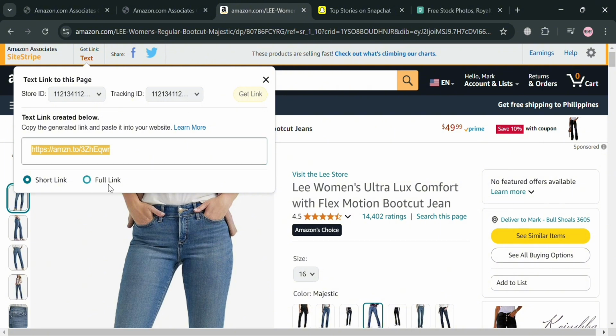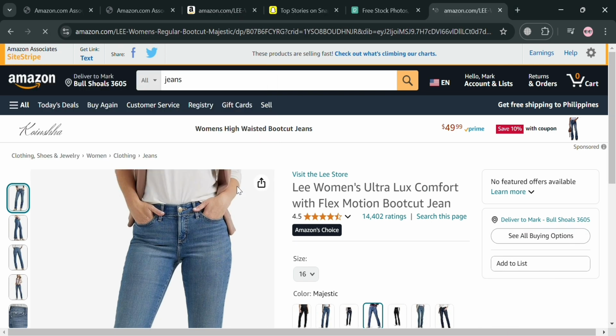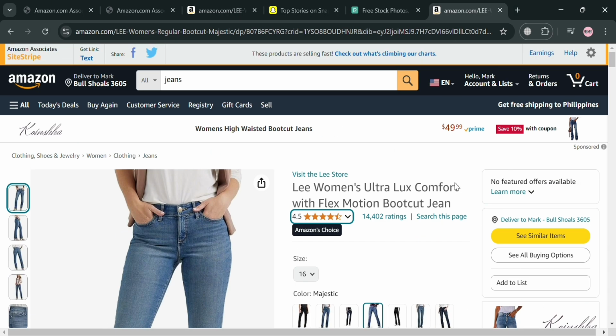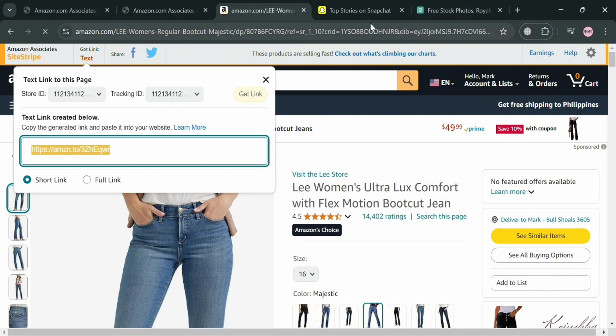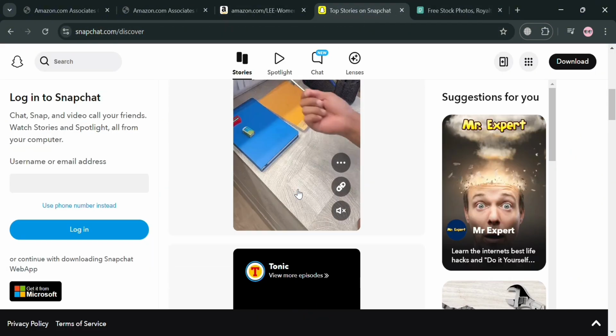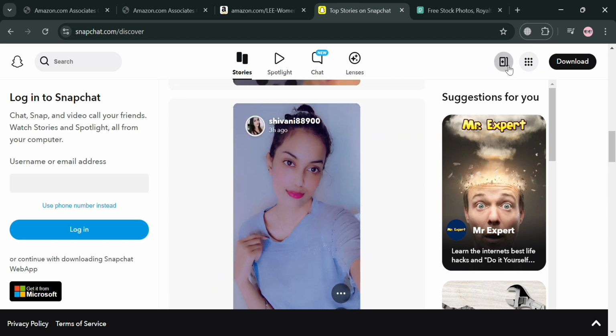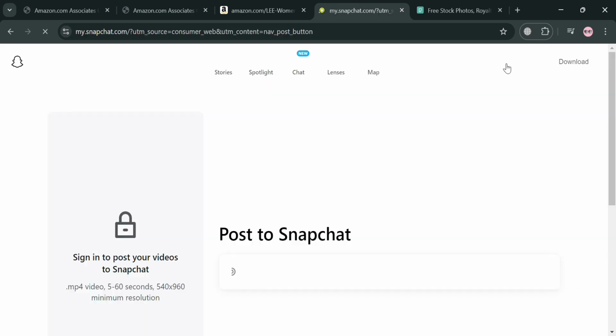So we can simply copy the link of it, and we will use this link in order to promote on Snapchat stories. And if one of your followers tries to click the link on Snapchat, they will be directed to this page right here where they can start purchasing this product and we will earn a commission from it. And now to start creating a story on Snapchat, all you need to do is simply go back to this Snapchat and click this icon on the top right corner,